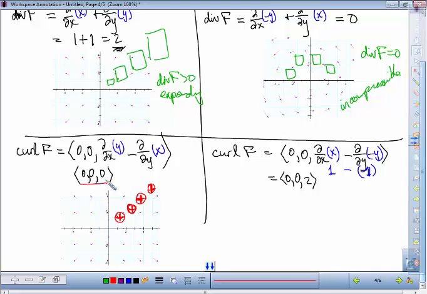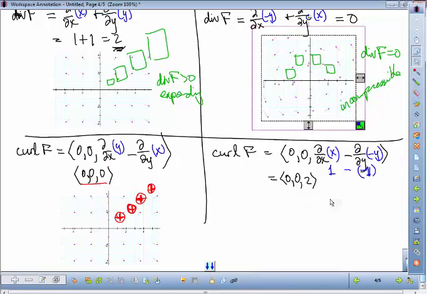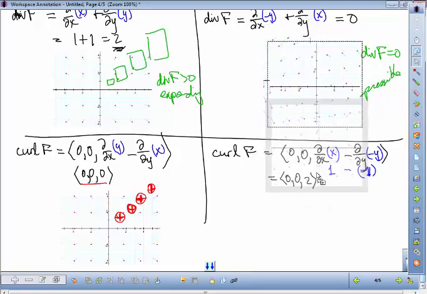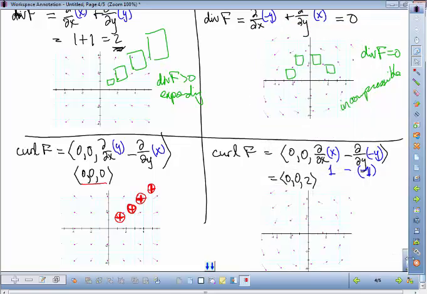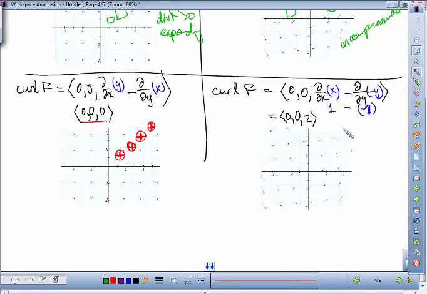Since this is 0, it's not curling, doesn't really make that good of an example. So let's go to the next one and see if we can measure the rotation, so to speak. So what we would do in this example is imagine that you have that disk with a little marking on it, and as you move along a flow line,